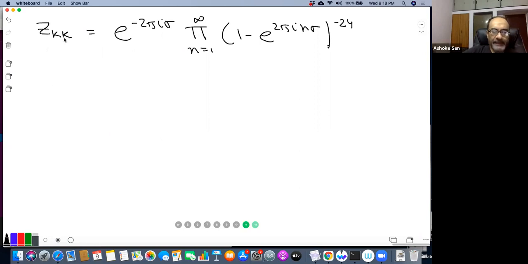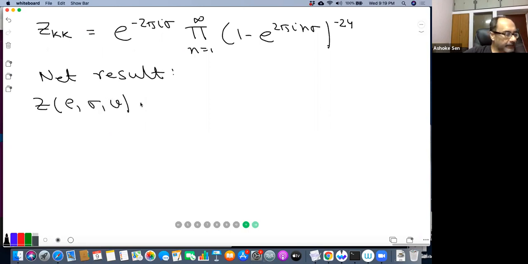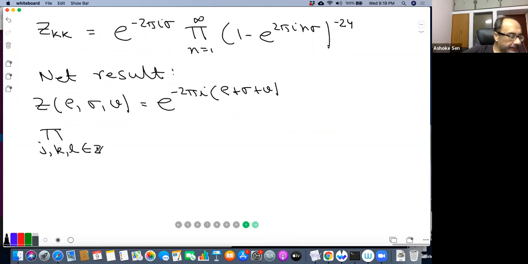So now you basically have to take the product of all those. Let me write down the net result after you take the product. So Z rho sigma v is given by e to the minus 2 pi i (rho plus sigma plus v), and then the product over j, k, l, n, which are integers, k, l,